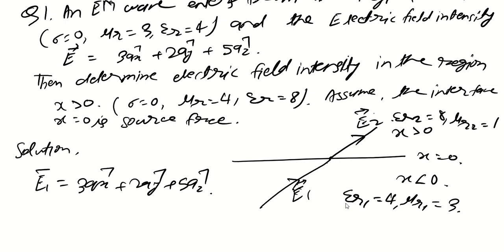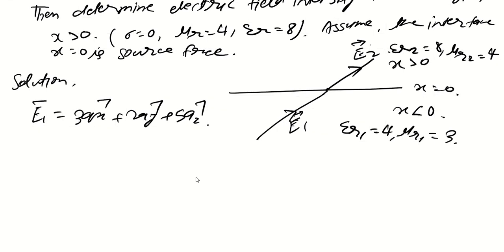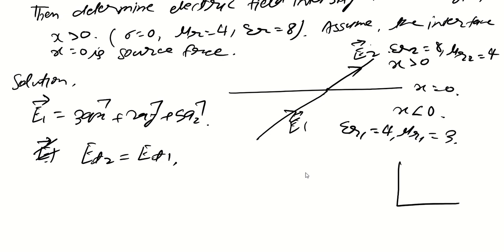So as we know, the tangential component of electric fields are continuous, so we can write down directly E_t2 will be equal to E_t1. Now how to find E_t1? The total electric field is given as this. So can you tell me the tangential component of this? Since this is at the surface of x equal to 0, the yz component will be tangential to this. Like you can draw a relation like this, x, y, z.